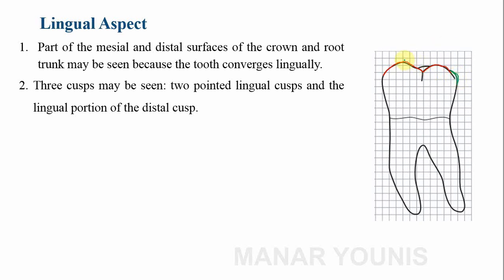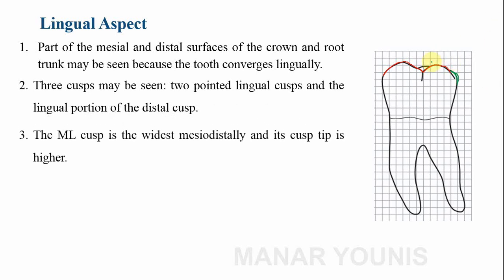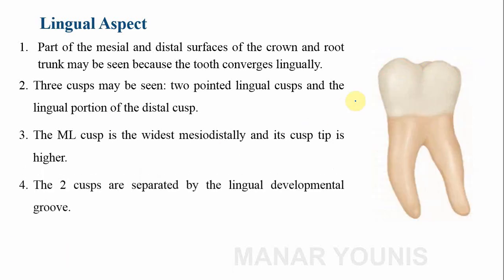The 2 lingual cusps, compared with the buccal cusp, are pointed and have higher ridges compared with the buccal cusps. The mesiolingual cusp is the widest mesiodistally, followed by the distolingual cusp. These 2 cusps meet at an obtuse angle at their cusp tips. These 2 cusps are separated by the lingual groove, which extends only for a short distance on the lingual surface